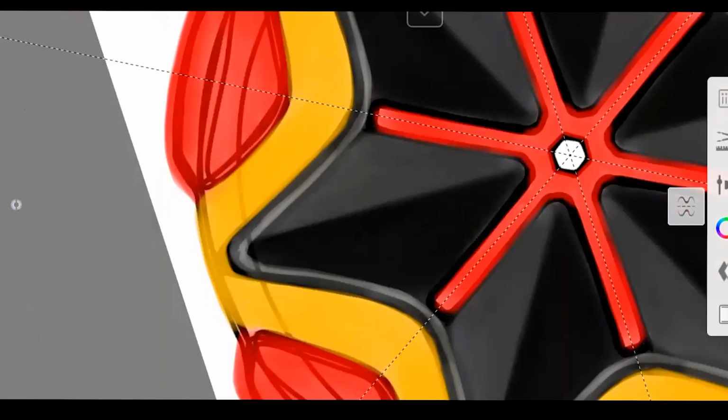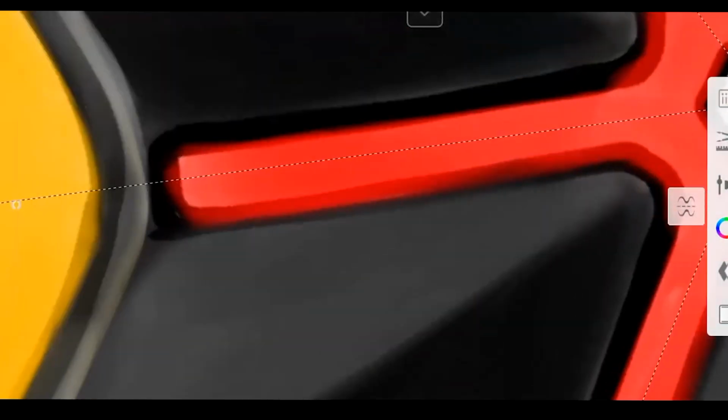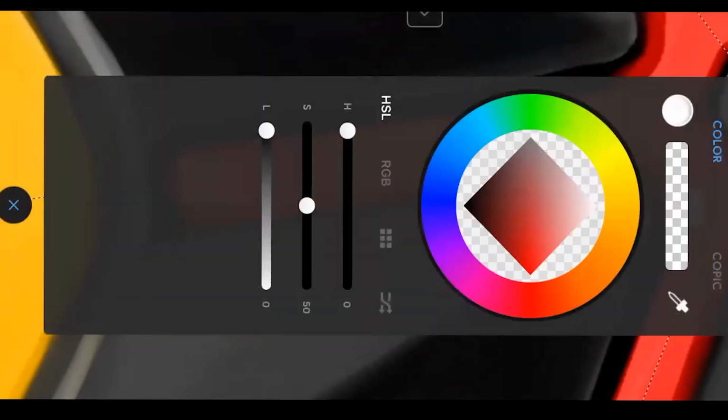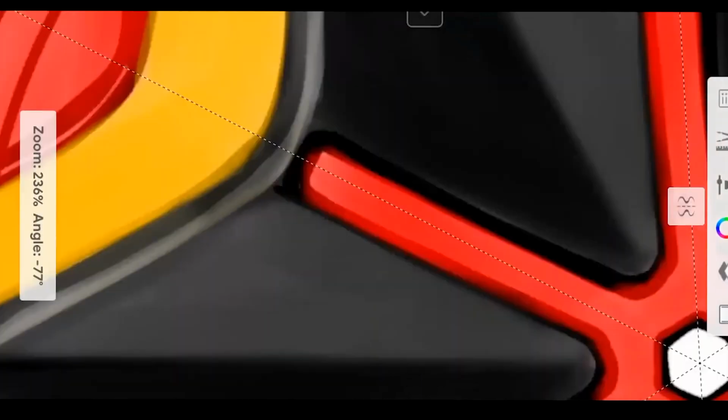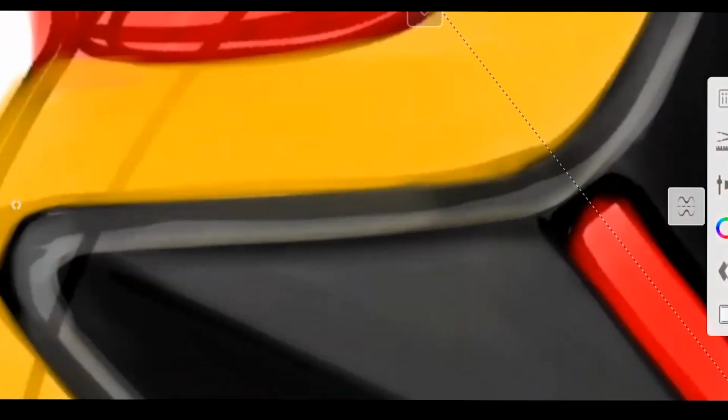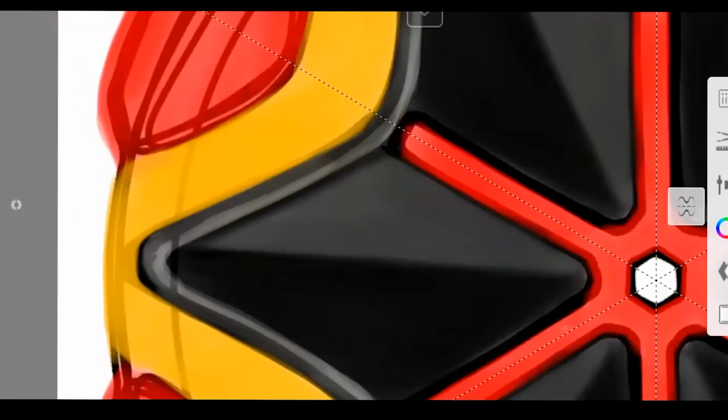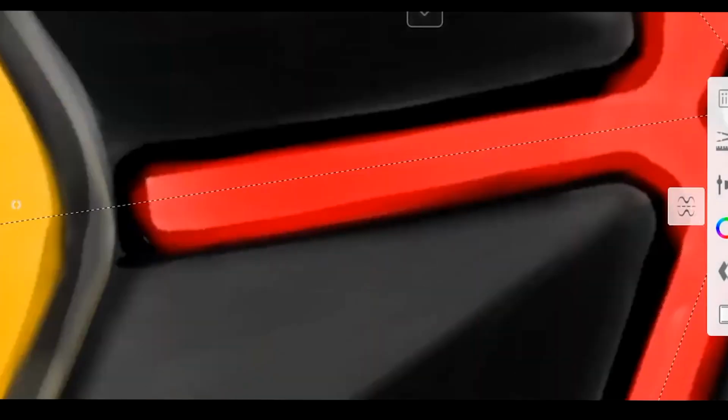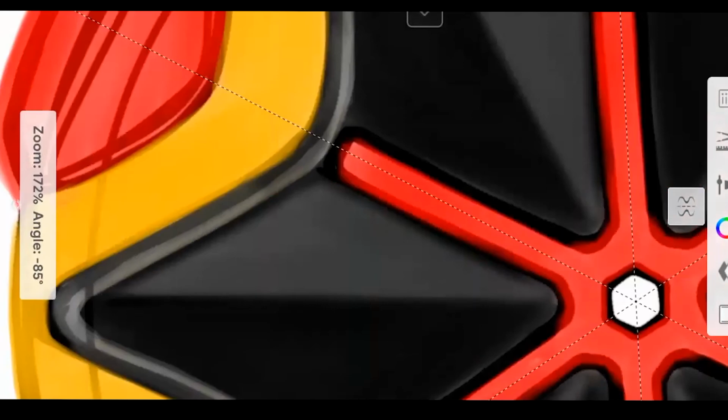And now when we have to do precise detailing, then we can use this no color eraser type color. Colorless color, we can say.